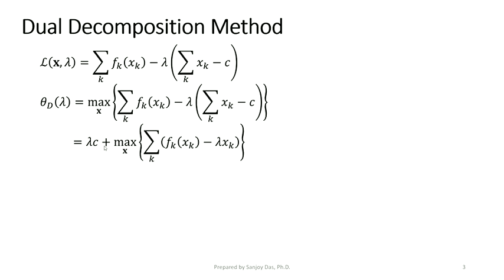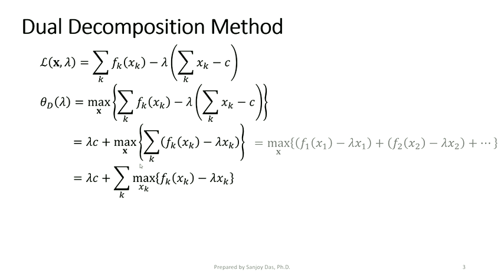So we have lambda c plus summation of fk(xk) minus lambda xk. Okay, so this is theta d, which you can see is of this form, max with respect to x of f1(x1) minus lambda x1 plus f2(x2) minus lambda x2 and so on, right? That's what the summation is,